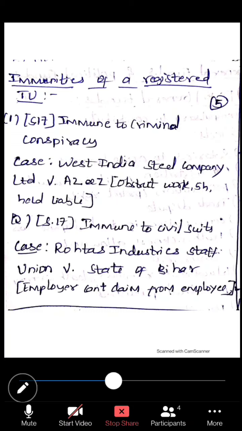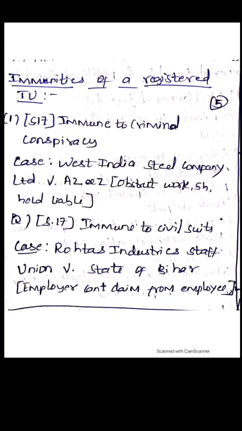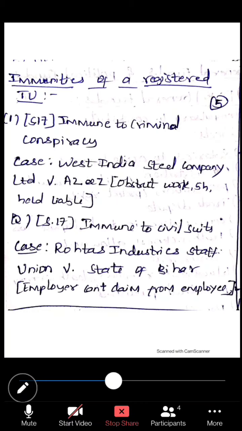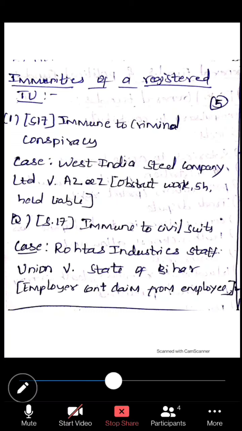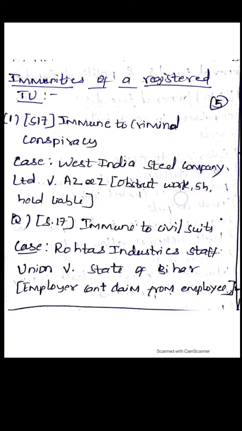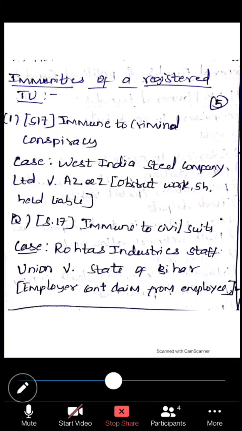So it is immune if it induces a person to break a contract of employment, or interferes with the trade, business, or employment of some other person, or with the right of another person to dispose of his capital or of his labor as he wills. Not if it is covered in clauses like threats, violence, or other illegal means employed. If the trade union employs threats, violence, or other illegal means, then they won't be immune to any of it. It should be done in non-violent means.